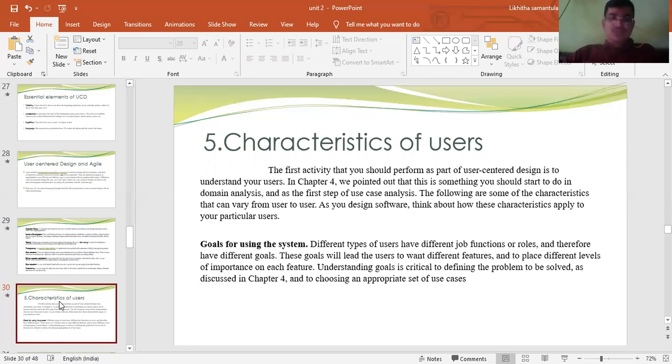Goals for using the system. Different types of users have different job functions or roles and therefore have different goals. These goals will lead the users to want different features and to place different levels of importance on each feature. Understanding goals is critical to define the problem to be solved.